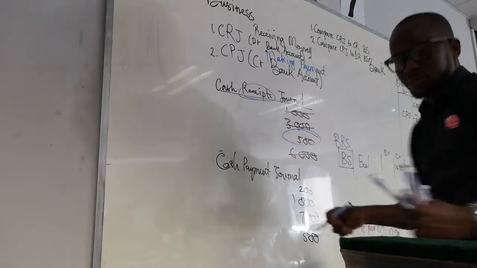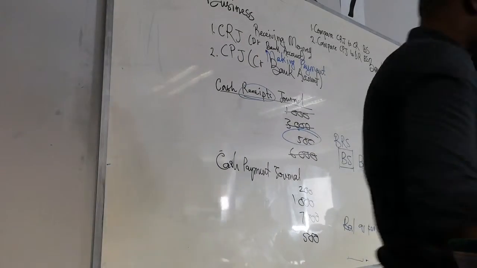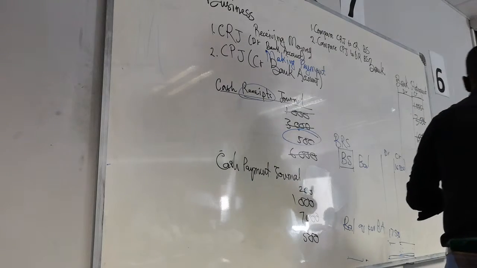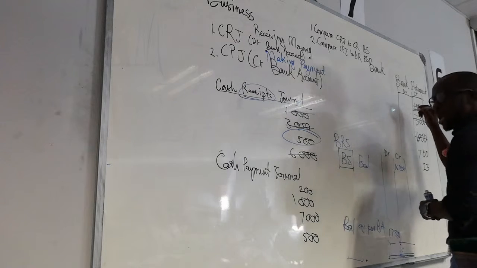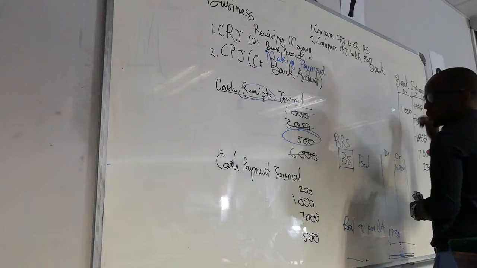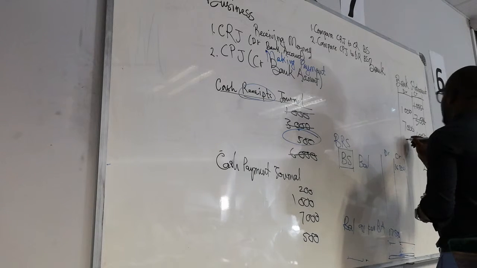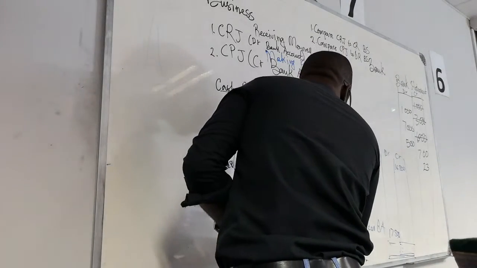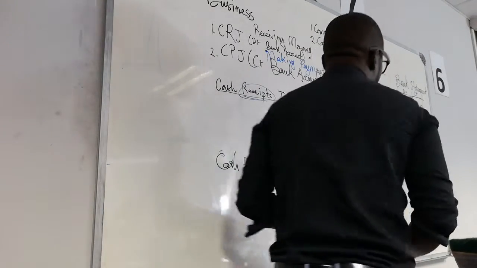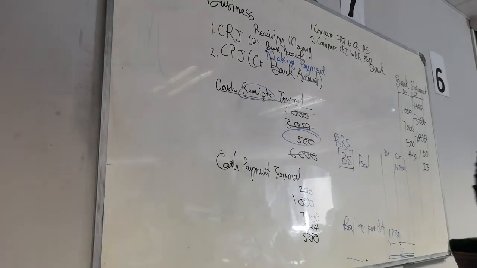Now, the bank will send us a bank statement, and I'm making these things up, guys, so please keep up with me. The bank will send us a bank statement, and their bank statement will have 1,000, 7,000, and 500. Let's add a 400 here, just to make things awesome. 444, actually. And then they will have 440. This happens, and then now you're comparing.